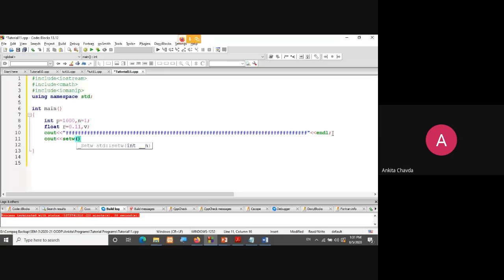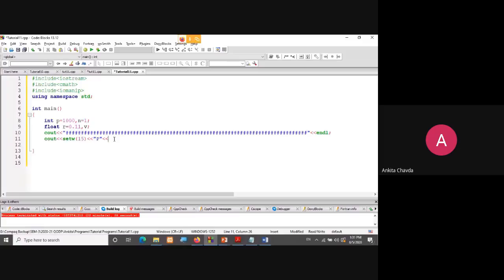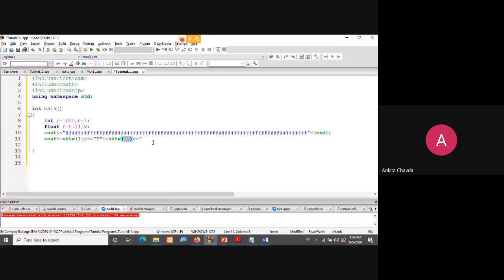In the output I've shown you, I've taken setw of 15, so I'll use the same setw of 15. Then I'll show that P. Then again setw of 15, then again I'll have R. If you have used 10, then everywhere you can use 10.